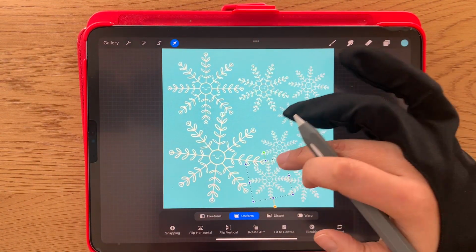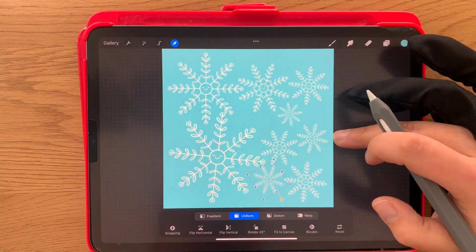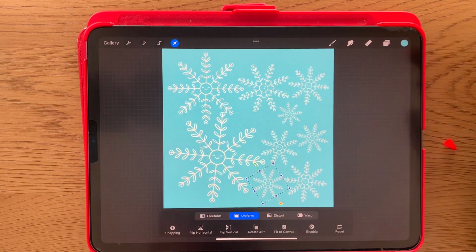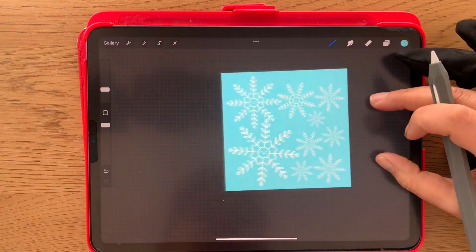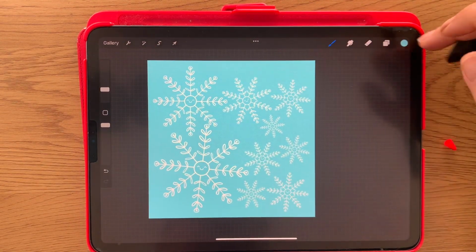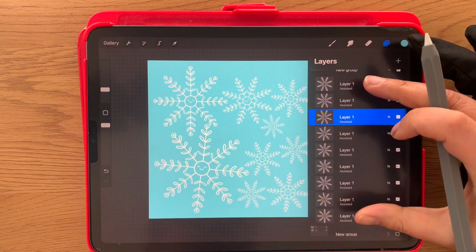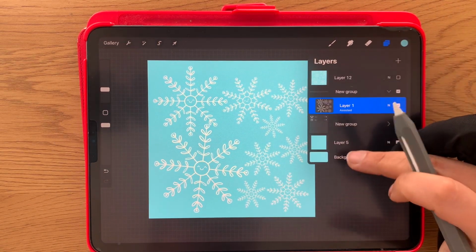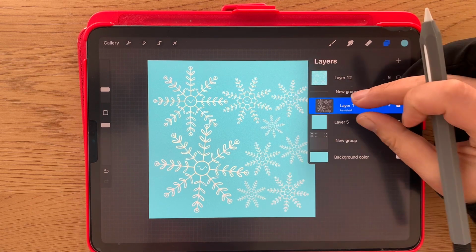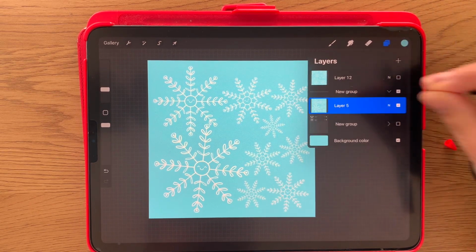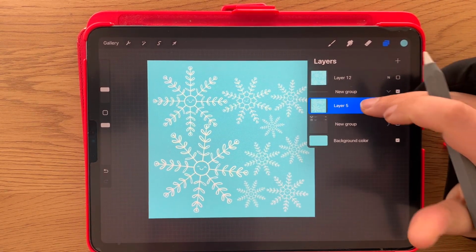You can create different shapes too. You don't have to repeat the same shape all over your design. This is only to learn how to make patterns. Let's say you want it like this. So now we're gonna grab all of them and group them together with the background color. Well, there you are. Now we're gonna duplicate this,